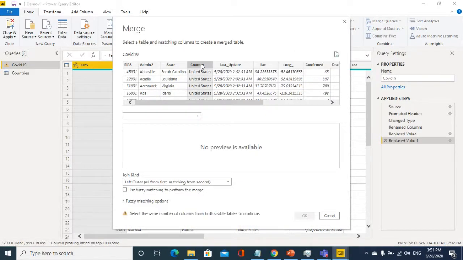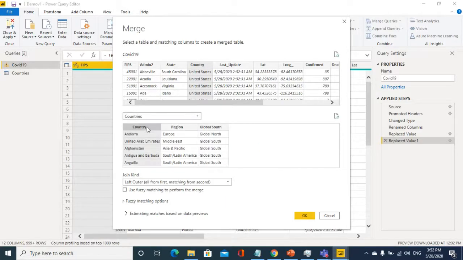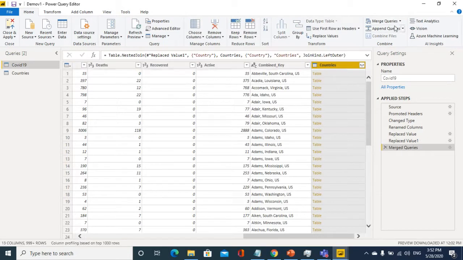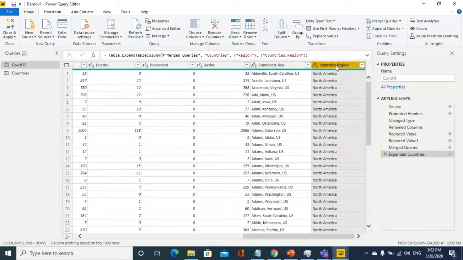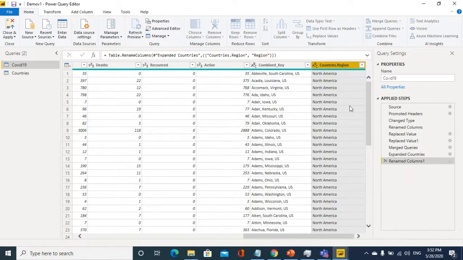Merge the country column in the COVID dataset with the countries column so that I can get the region information. So expand this, and I need only the region information. Rename this column and save it.